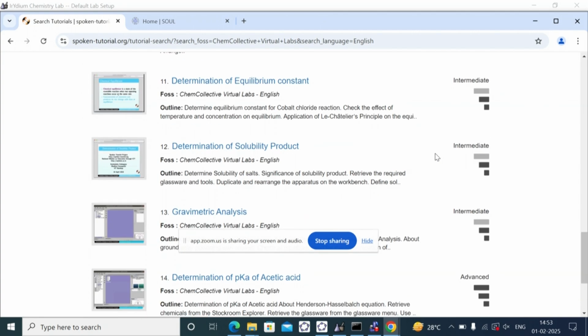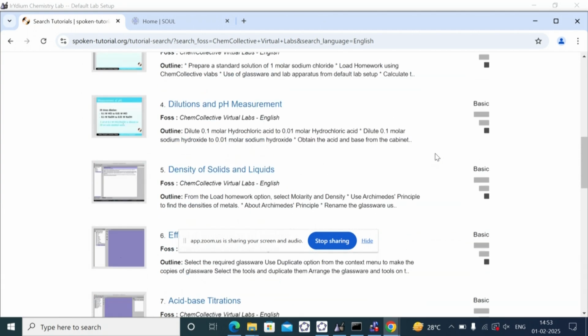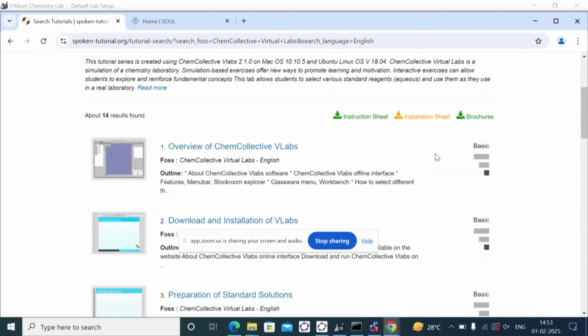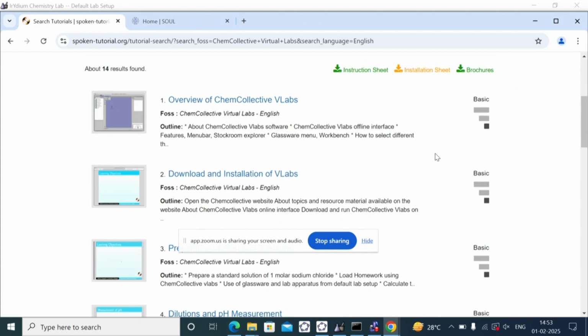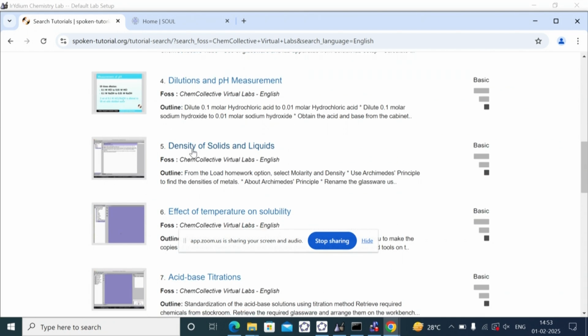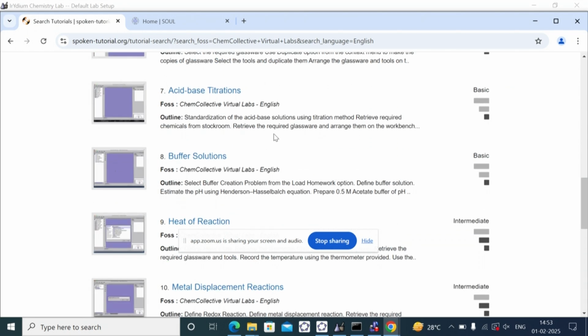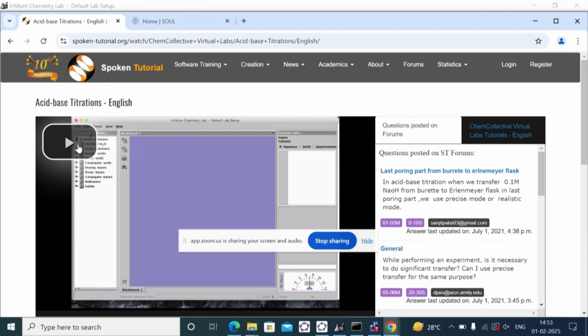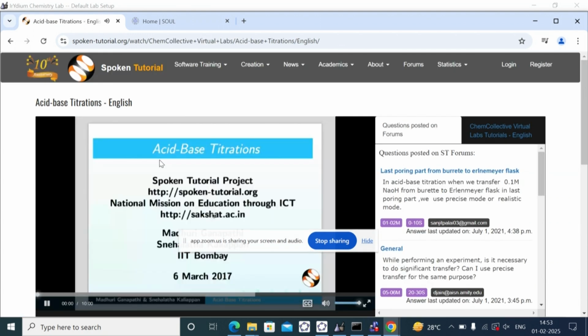So we have around 14 tutorials explaining all the experiments which are suitable for high school. So and beyond also. So high school, definitely we have, like preparation of standard solutions, pH measurements, density of solids, and the titrations. Okay, so titrations are the favorite of the school children, so you can just take it from here.